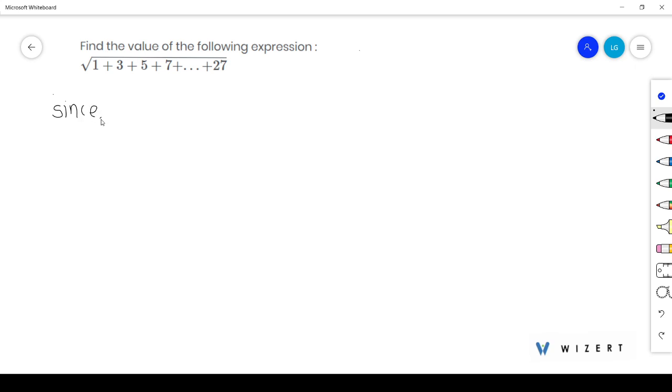Since 1 plus 3 plus 5 plus 7 and so on plus nth odd term, the sum of this series is n square. Okay, now here we have to find